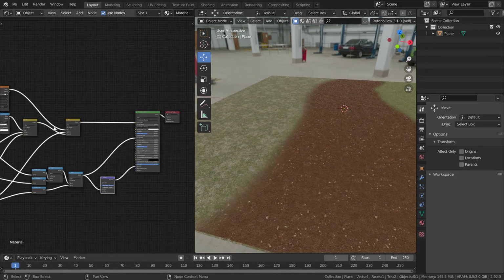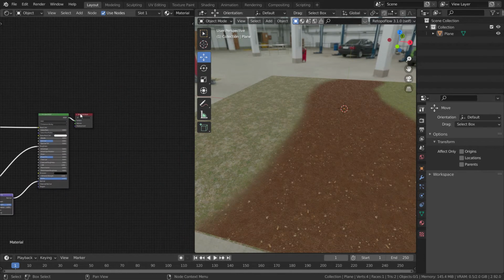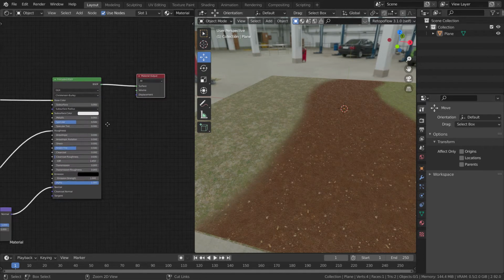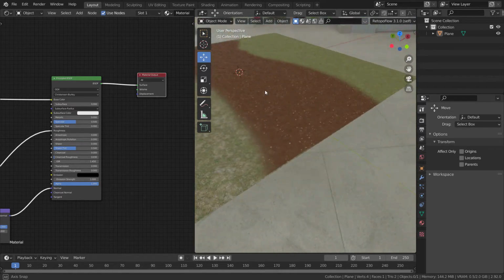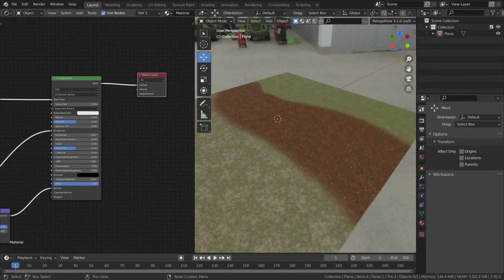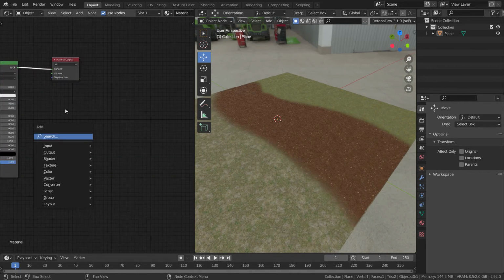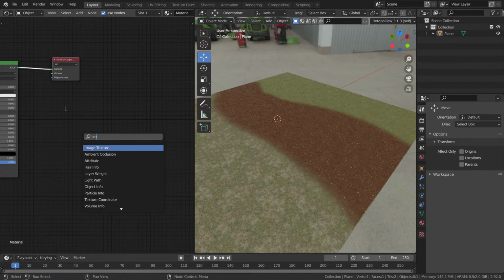After doing all of this, it is a good practice to make it one image texture, and you can do that by baking the color texture and other maps. So I think I will show how to bake your textures as well. So let us make a new image texture.